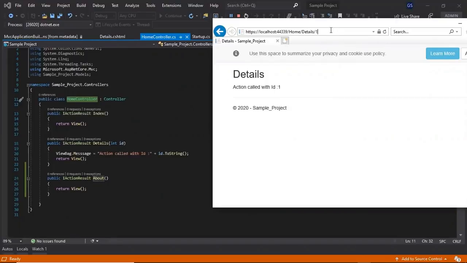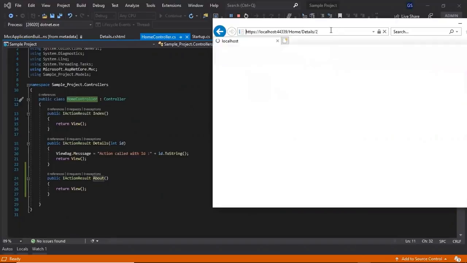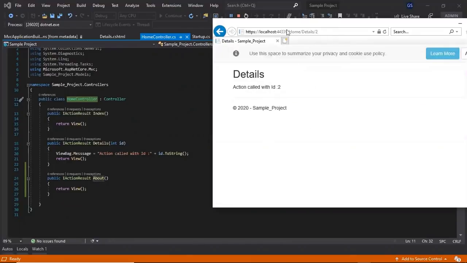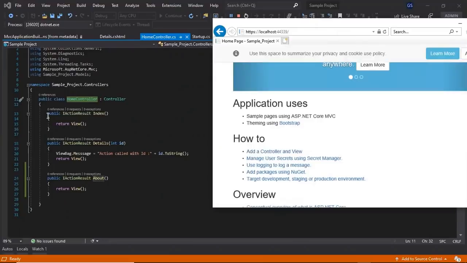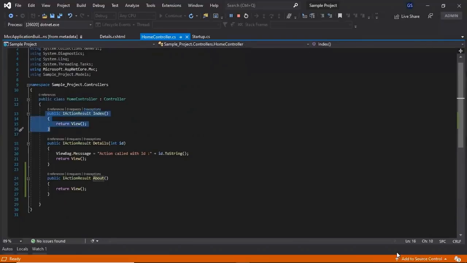If I change the parameter, you can see it changes. And if a request is made without a controller or action, it still calls the index method in the home controller.